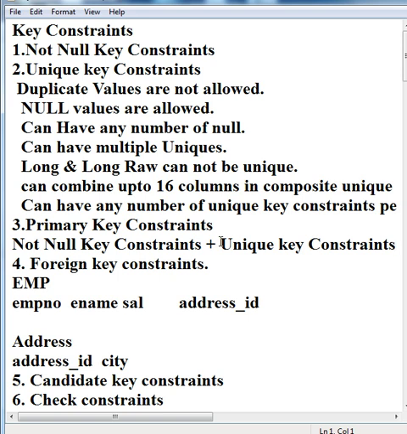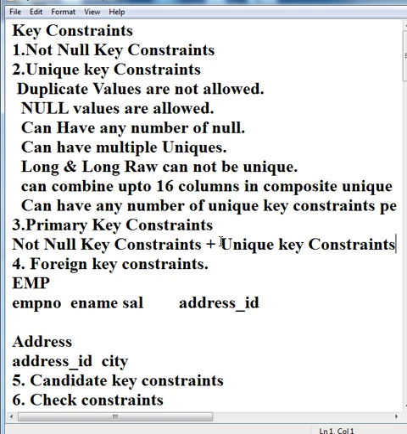So if we assign any column as a primary key, it means on that particular column we cannot insert duplicate values and we cannot leave it blank. Null values and duplicate values are not allowed in that column.